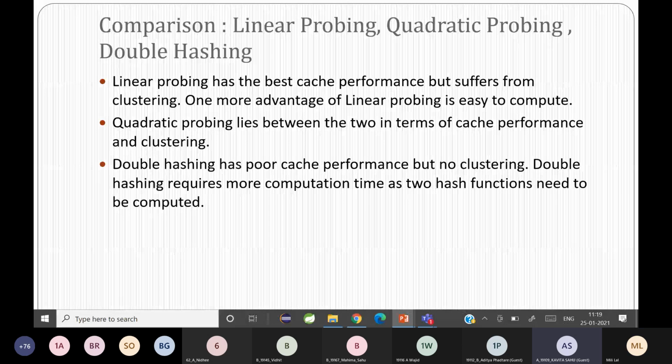Ma'am, talking about the clustering, can we say that in chaining also it occurs because most of these spaces have been empty as we are forming the linked list? Yeah, but in chaining, what happens? It's not clustering actually. One block is linked to many linked lists, right? You are creating another data structure. I'm coming to that part. I'll tell you the advantages and disadvantages of chaining. I missed out in the previous class. You are placing the data in the original index, right?